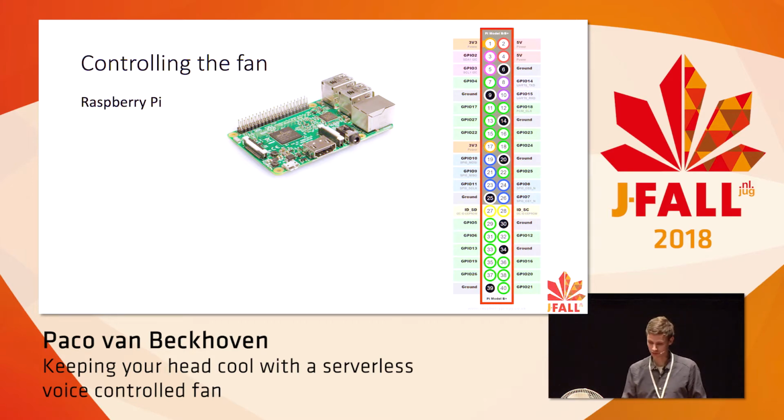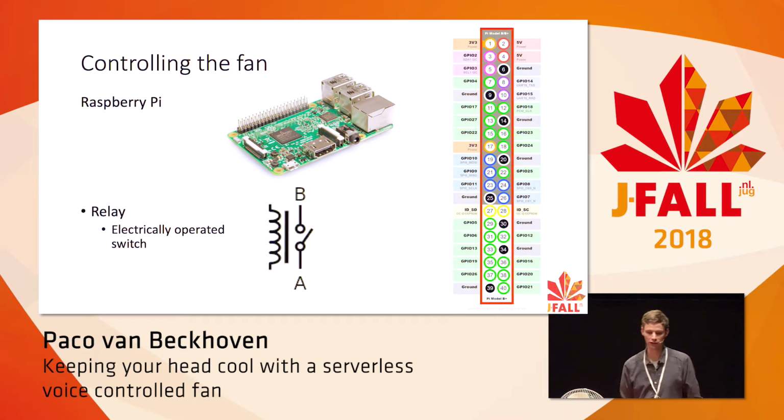And the others are, for example, ground, which you can use to complete the circuit. So I'll be using these 3, but the Raspberry Pi only outputs 5 volts, and this thing needs 230. So that's still not going to make it. This is what we use a relay for. It's your basic, I think maybe you had it in high school,